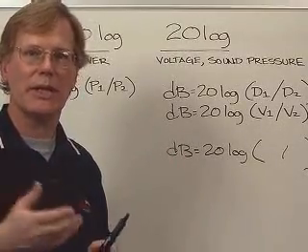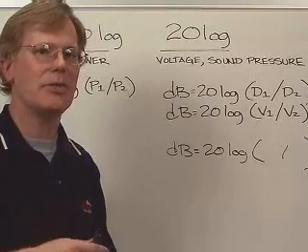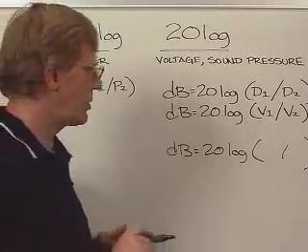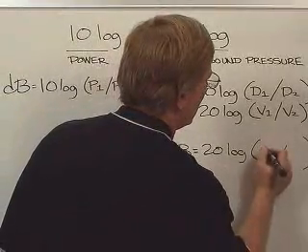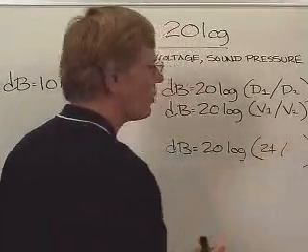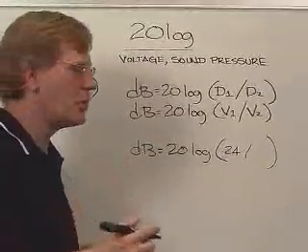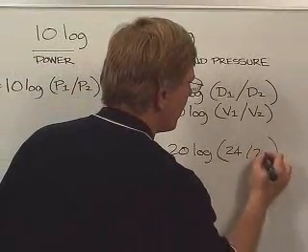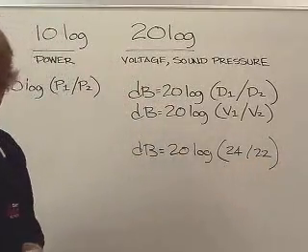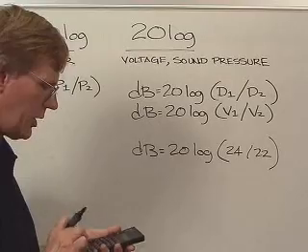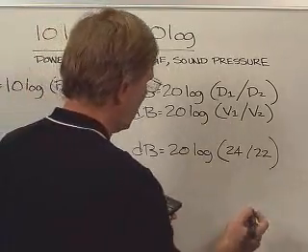So since I'm expecting an increase, I'm expecting a positive number, I will actually put the larger number first, 24 inches. So larger number first because I'm expecting an increase, and I'm going from 24 inches to 22 inches. And I get out my calculator. 24 divided by 22 comes up to